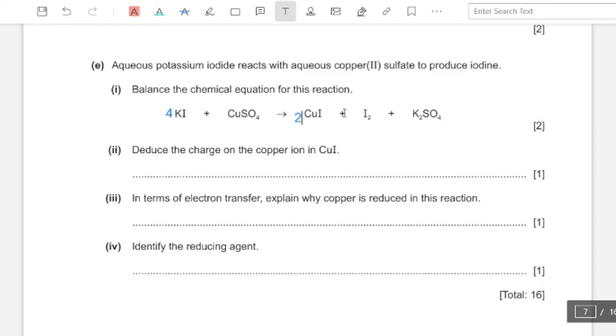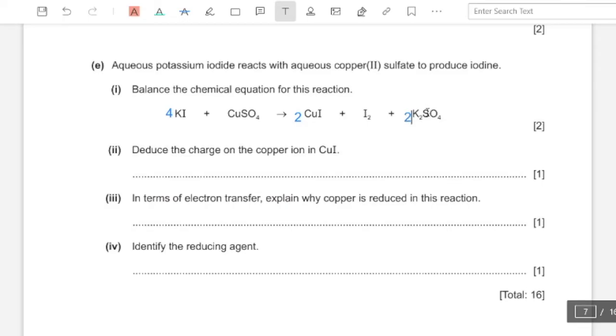So this gives us 2 iodine and 2 iodine, which is equal to 4 iodine atoms. So we have an equal number of iodine atoms now. But as we can see, we also have 4 potassium atoms. Let's balance it over here. So now we have 4 potassium atoms as well,